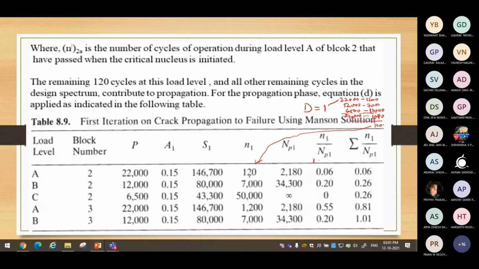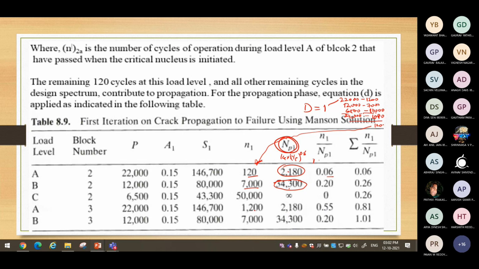So that is why you can see remaining 120 and the cycle ratio now with the propagation, not with the initiation. Okay, so 120 divided by the propagation, you will have some damage, and 7,000 with the propagation. So this is propagation life. Carefully you make a note. N_P is 0.4 total life to the power 0.6. This formula we have used earlier. Take the damage, determine the cumulative, then go for the next block of loading in the same way.